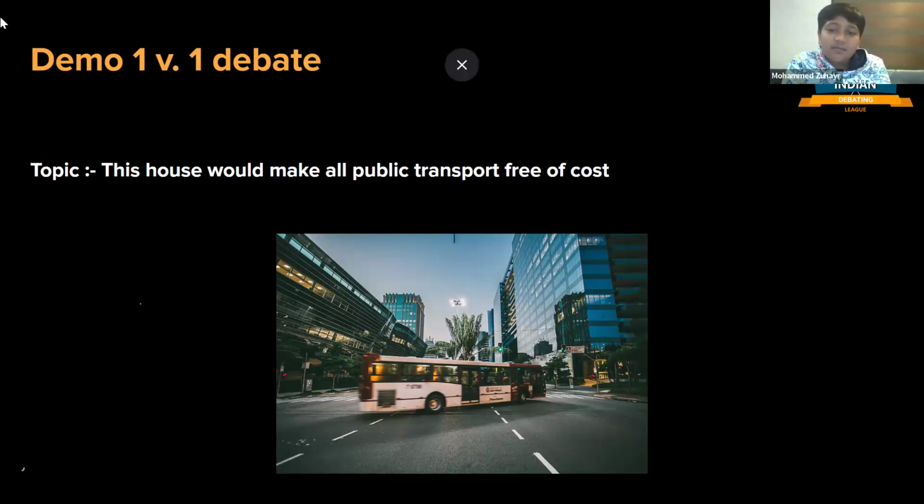Raising taxes disproportionately affects middle class families, and cutting funds from other vital sectors such as healthcare and education would do more harm than good. The opposition has clearly demonstrated that the cost will not vanish but will shift in ways that hurt society as a whole. Decline in service quality.